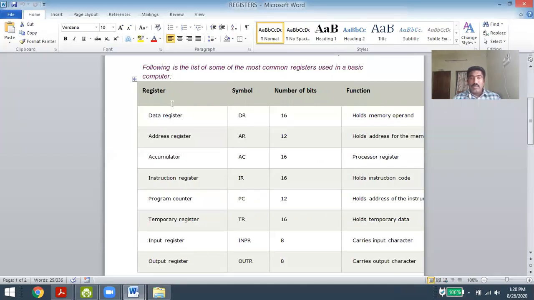That is done with the help of the address register. The task of the address register is to store the address of the particular data that is stored in the data register. For example, let it be the binary word 1001. So 1001 is the data. Where this data is located, whether it is from the hard disk, the RAM, the ROM, the keyboard, the mouse, or any input or output device, the address register stores the address of that particular data which is stored in the data register. So these two are clear.